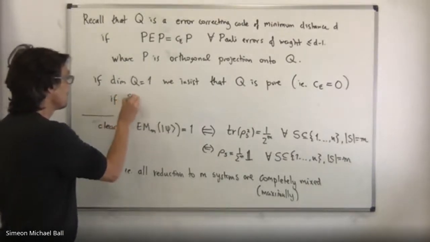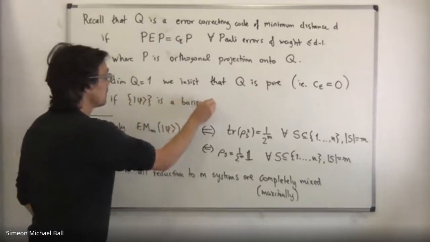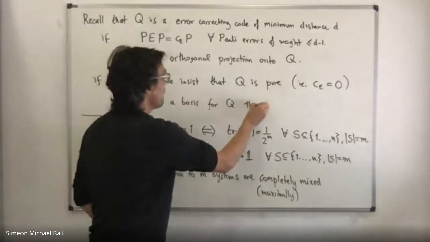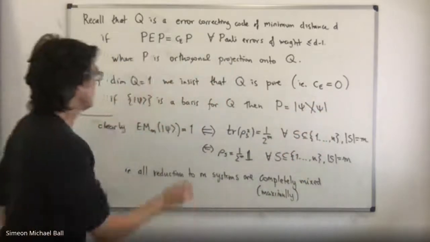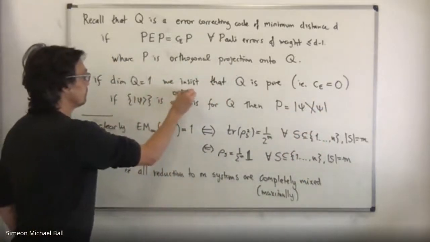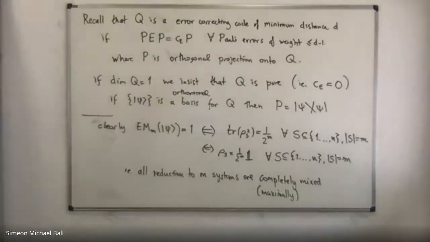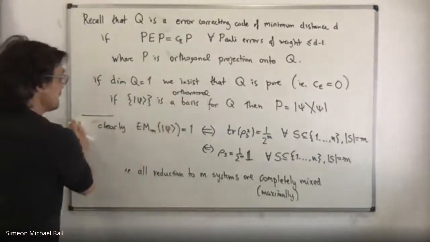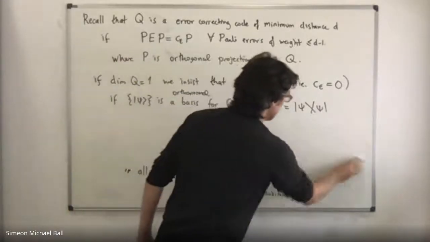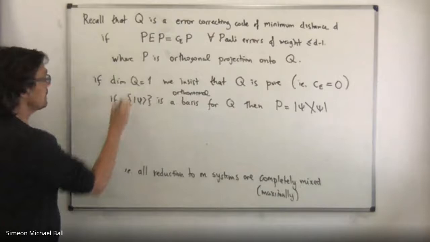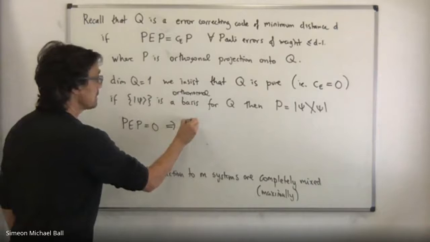If psi is a basis for Q, then our orthogonal projection is simply the projector onto the state of the orthonormal basis. P is just this, so then this becomes P E P equals 0, which implies